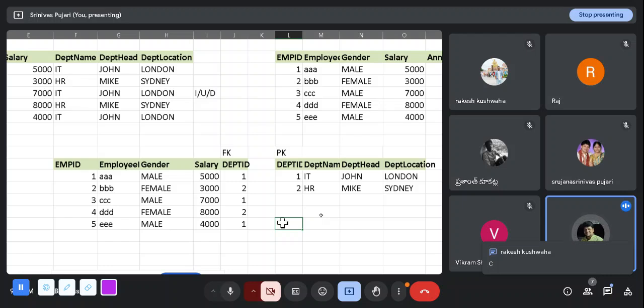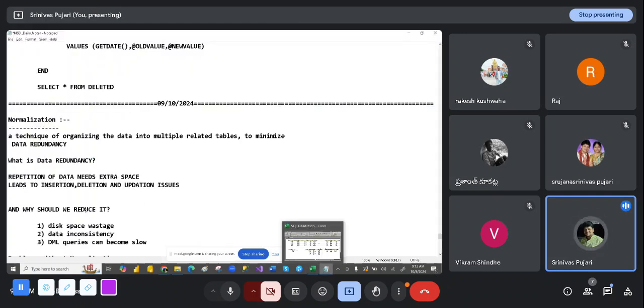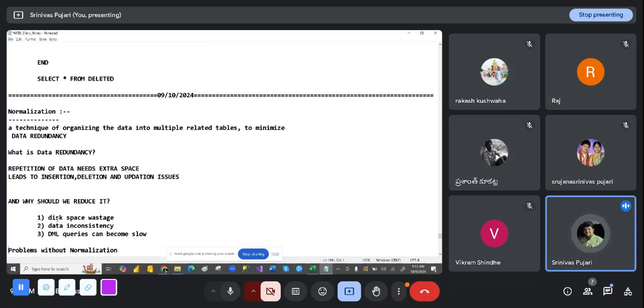So we'll discuss the three normal forms. What the three normal forms are, and how these three normal forms will solve the problems. We'll discuss that now. Okay, so first, the first normal form. If you go with the first normal form,